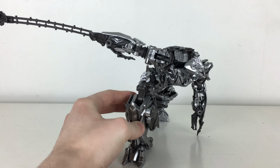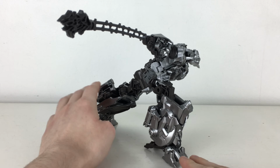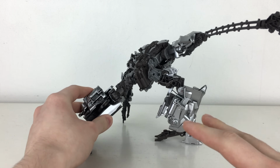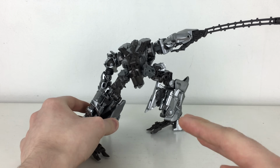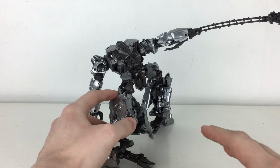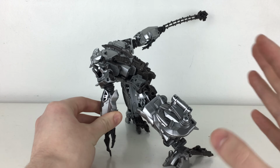This is Megatron based on his first appearance in the live-action Transformers movie franchise, and I've got to say, he is a figure that initially I wasn't necessarily too hyped for. Initial product images of this figure and then subsequently leaked images of the figure in hand really did turn me off this figure. I didn't think that he looked as cool as perhaps he possibly could be,